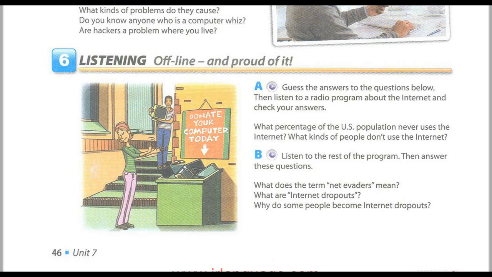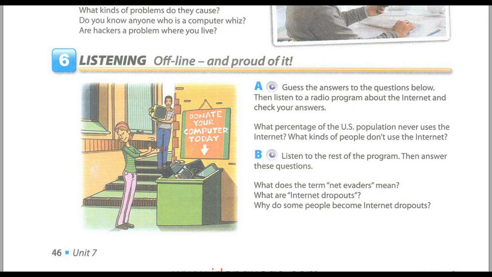In your new book, you mention net evaders. Can you explain what you mean by this? Well, lots of people live with someone who browses websites, but they still don't log on themselves. I call this group net evaders. I found that these people may ask a family member to send emails for them, for example, but they don't want to do it themselves. I know someone like that. Yes, and then there's another group of people I call Internet dropouts. Internet dropouts? What exactly does that mean?